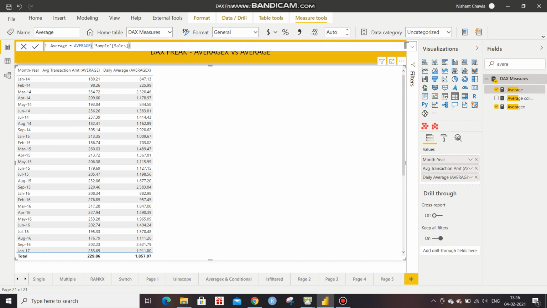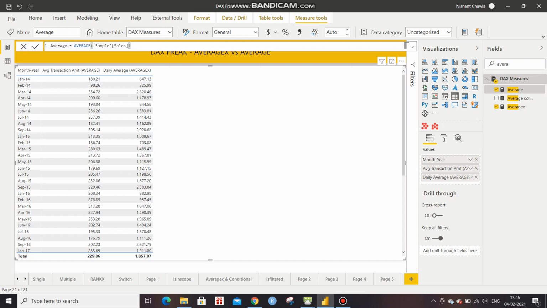So if we want to calculate the average transaction amount that way, we can go for the simple average, where in Jan 14 my average transaction was 180, but my daily average was 647. So these two measures will give you different numbers and different meanings, and you'll have to decide which should be used when.